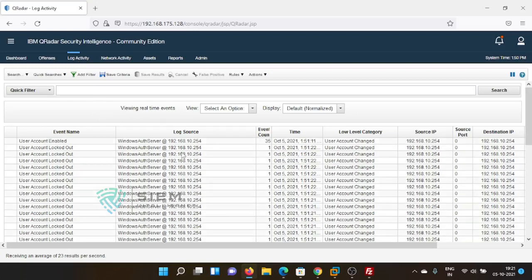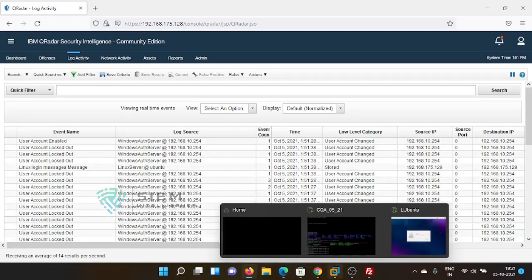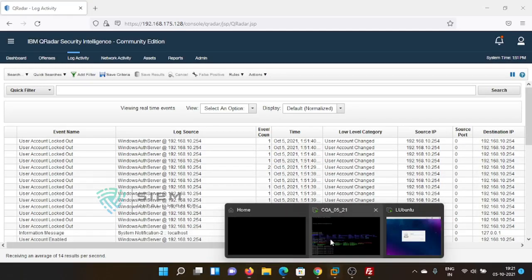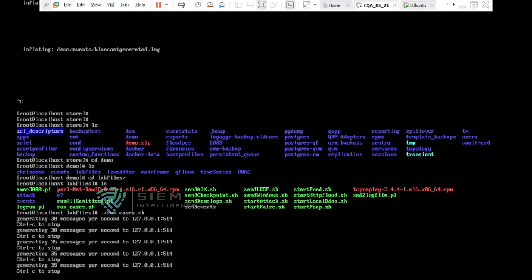Now see, it is flooding with some set of logs only. Earlier it used to be some PA logs, now it is sending 10.254 for some time, followed by another set of logs at another time. Why? Because if you see over here, it is throwing in a series. First it will send for some time, then another set of series, then another set of series.